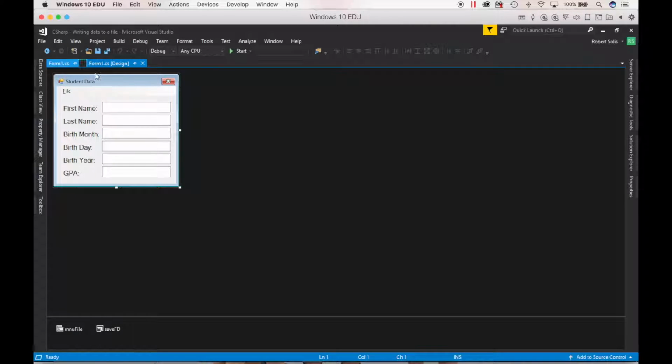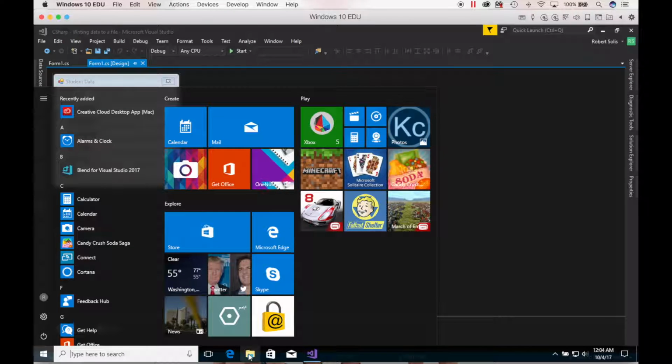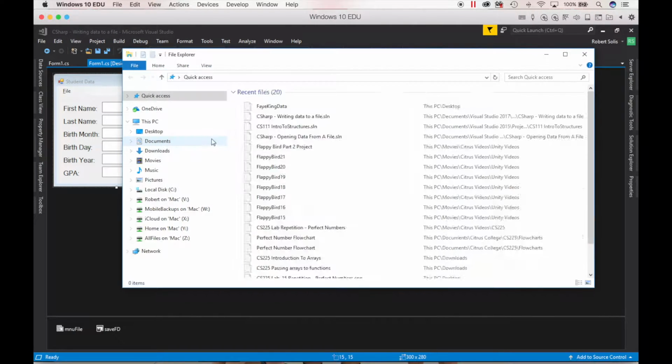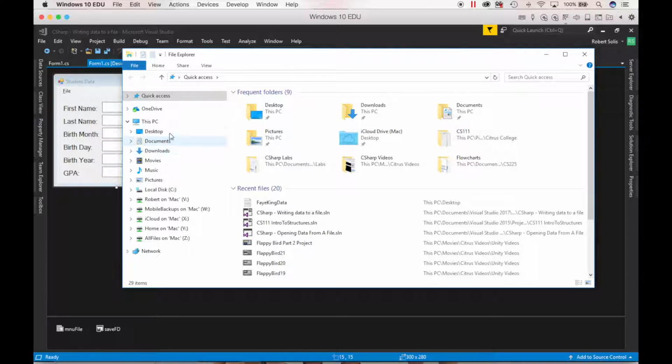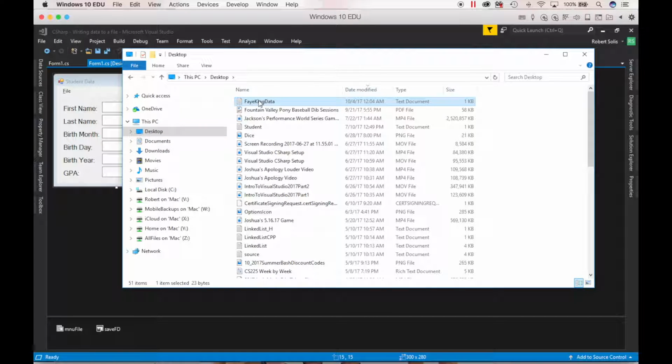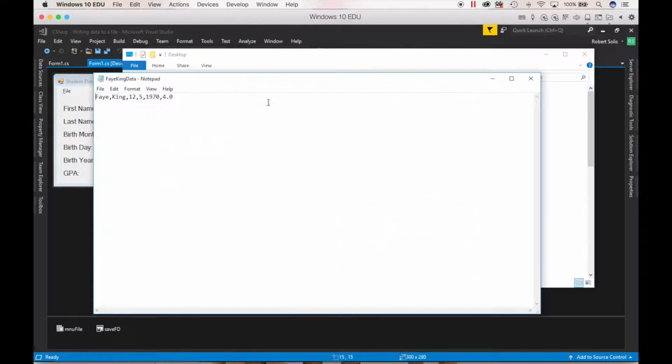So that was the idea of creating a menu that leads to a file dialog, which I called over here, save fd, and then it's going to take that data and put that into a delimited file. So if I were to open up, what's that called again? I always forget. In Windows, File Explorer, yes. Let me go to the desktop and take a look at this. That's a text file. I double click this, and as you can see,